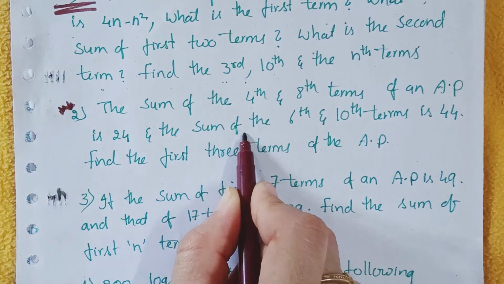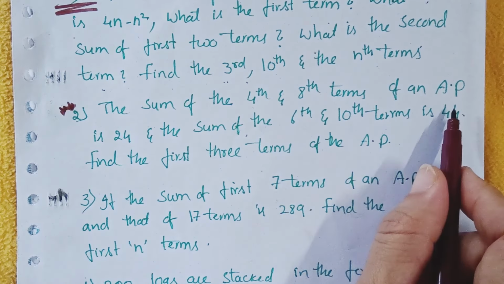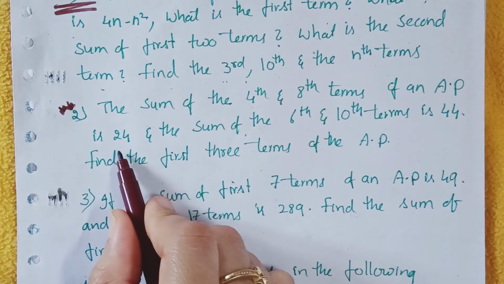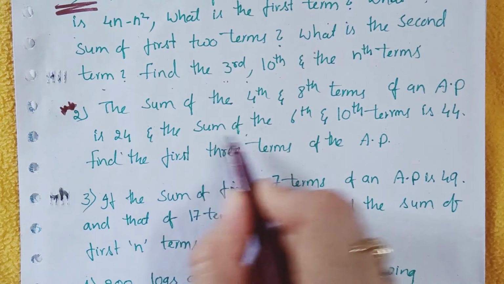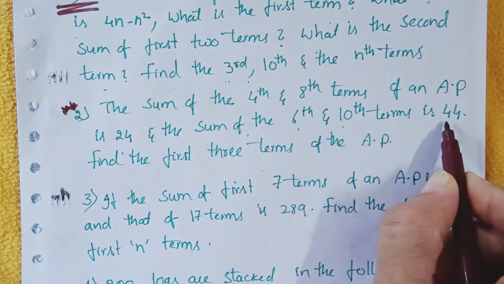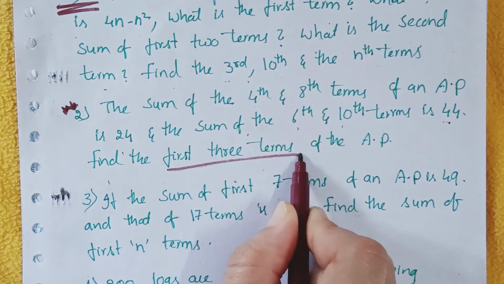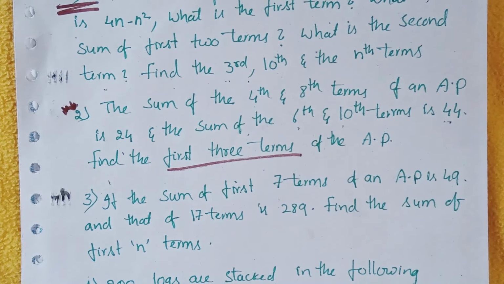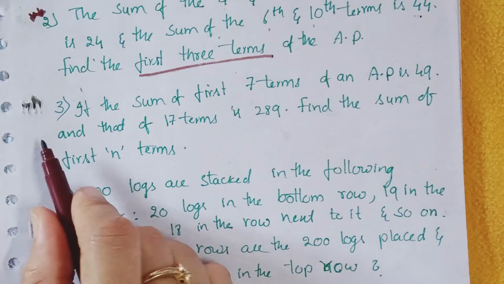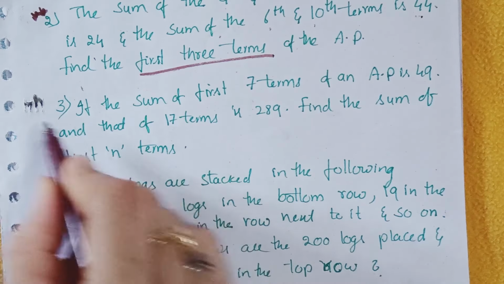The sum of the fourth and the eighth terms of an AP (arithmetic progression) is 24, and the sum of the sixth and fifth terms is 44. Then you have to find the first three terms of the AP. Got it? Next, the third one, important, is: if the sum of